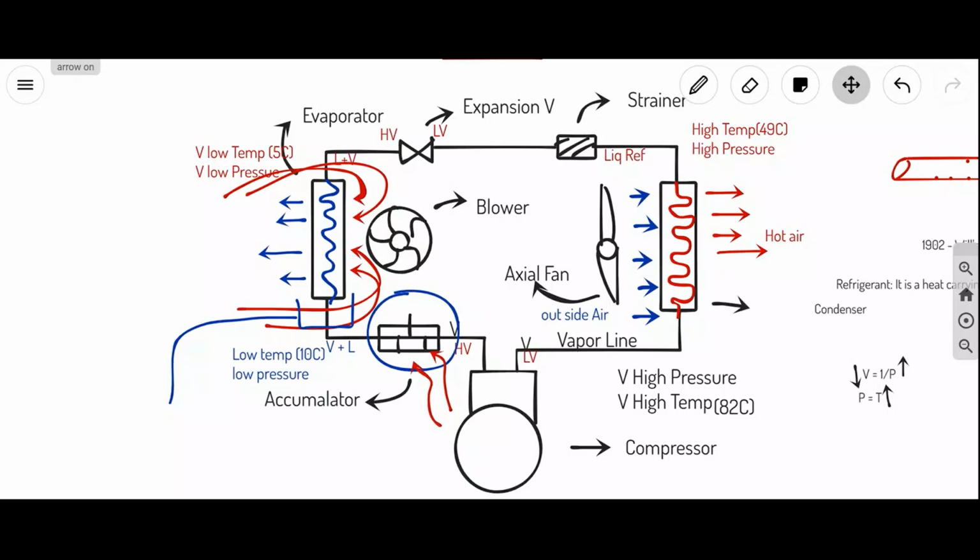Okay. Thank you. Sir, before the expansion valve. Yes. Before the expansion valve, in the condenser, we decrease the temperature of the fluid, right? Yes. So some of the volume and temperature is